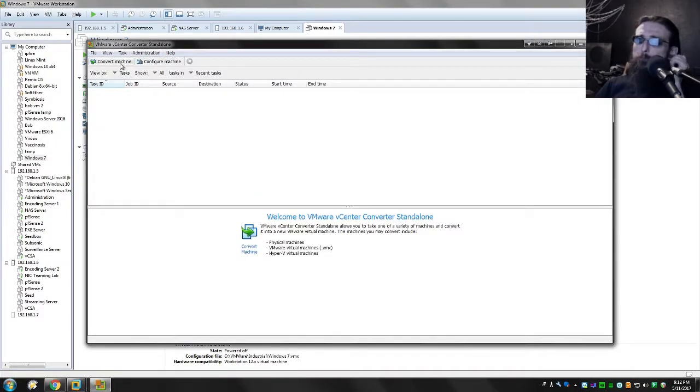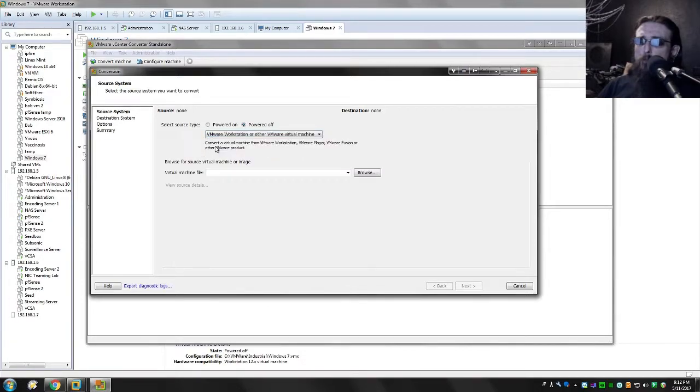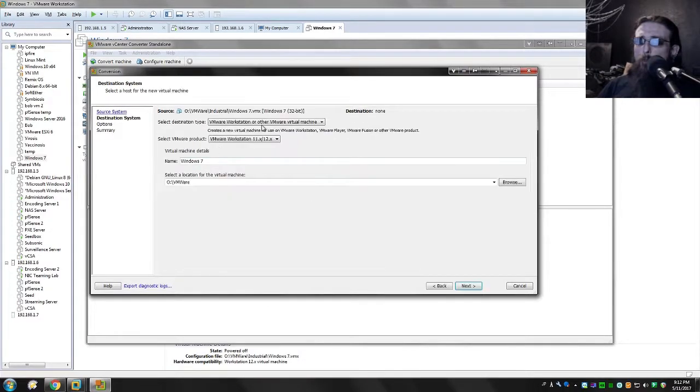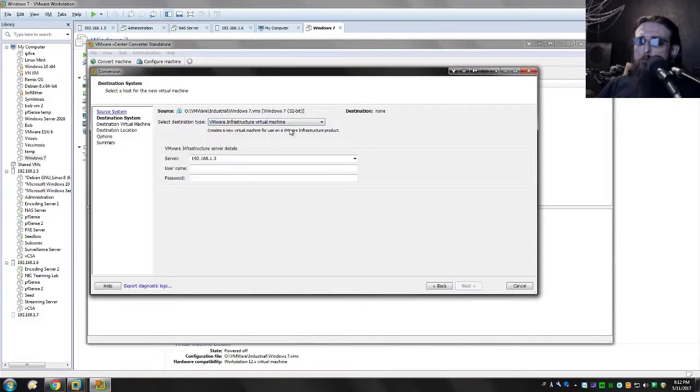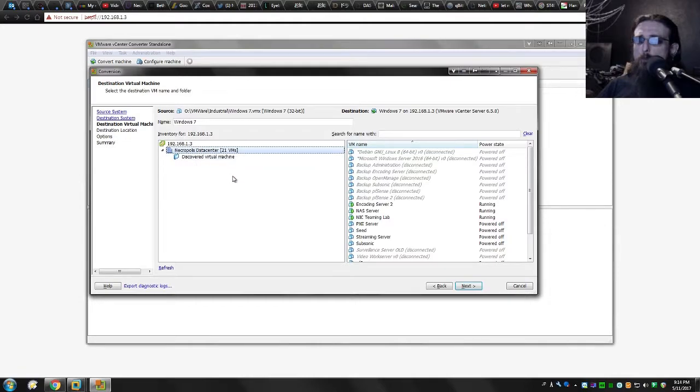We'll take the converter. Click convert machine. Oops, powered off a workstation machine. And this will go into my infrastructure virtual machine. And hopefully that works. Okay, after a little bit of fumbling and bumbling about, I finally got the right login information. So here we are